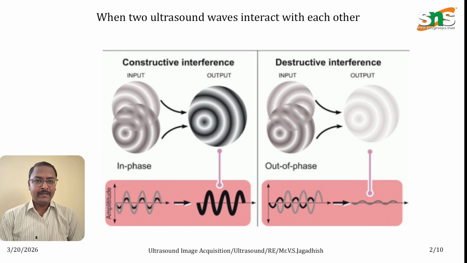When we add these together, we will have a brighter image, like what you are seeing on the screen. When these two sine waves are added together, the result becomes large, and this will become dark in color. So we get a better resolution image when we have this kind of interaction